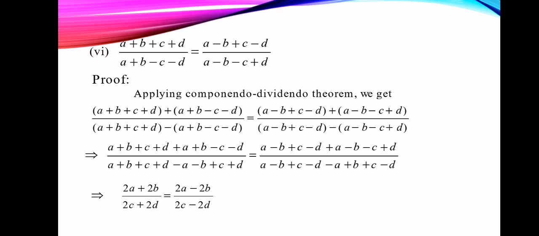But here we have 2a + 2b in the numerator and 2c + 2d in the denominator, whereas on the right hand side we have 2a − 2b by 2c − 2d. Here the denominator of the first fraction should be 2a − 2b, whereas the numerator of the second fraction should be 2c + 2d. So we have to first